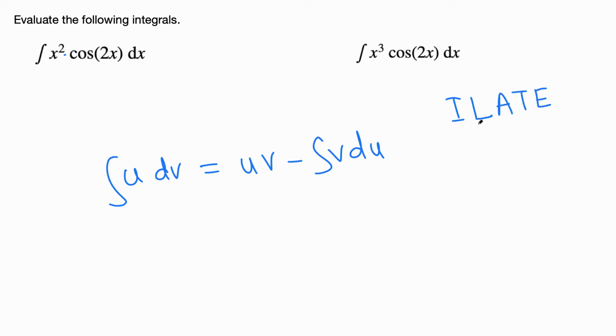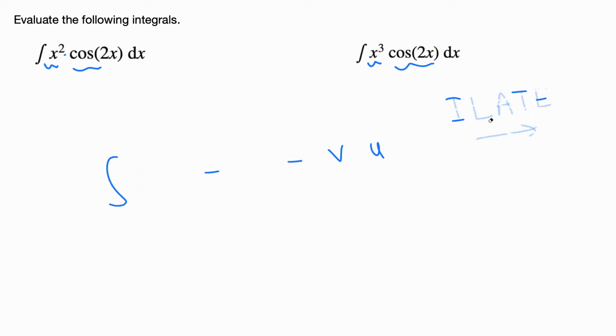We can use the order: inverse trig function, logarithmic function, algebraic function, and then trig function. This is algebraic, x squared or x cubed, and trig comes afterwards. So they are already in good order. So u is x squared or x cubed, and the remaining part is just dv. Since u is just a power of x, like x squared, x cubed, just x or x to the fourth,